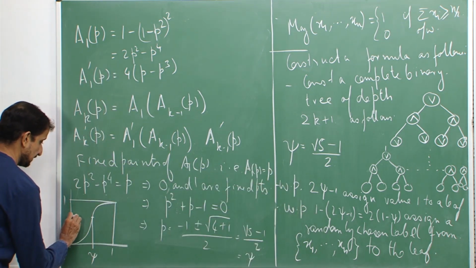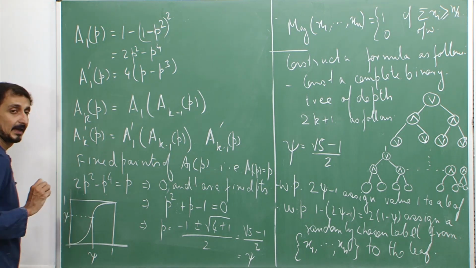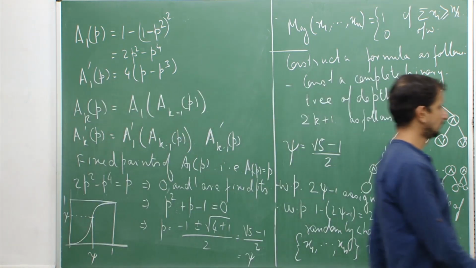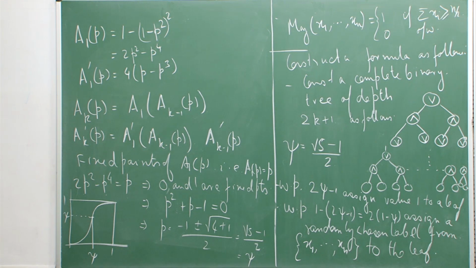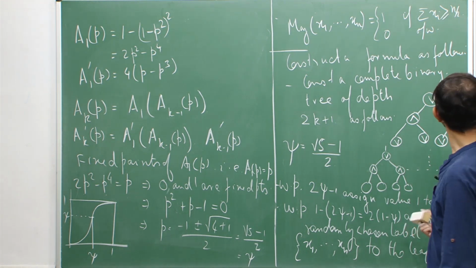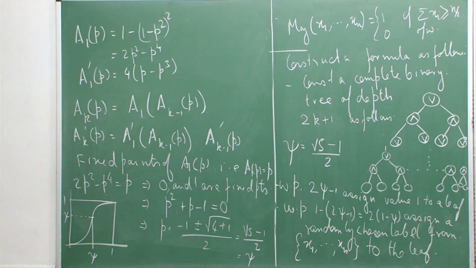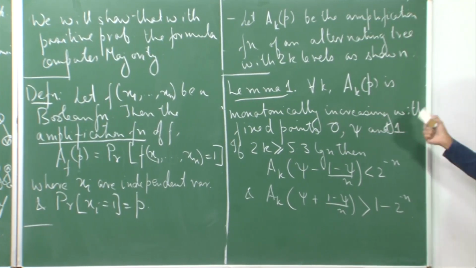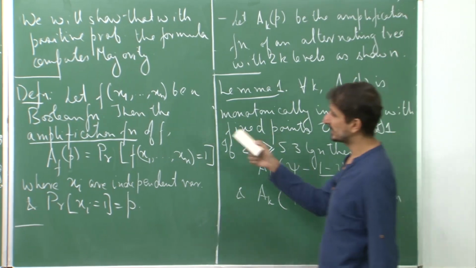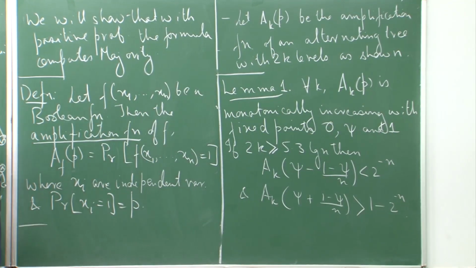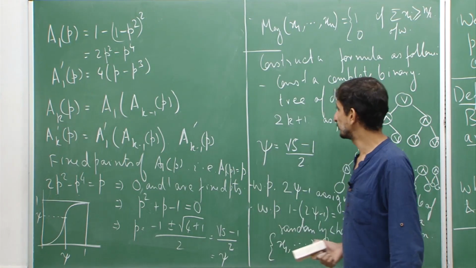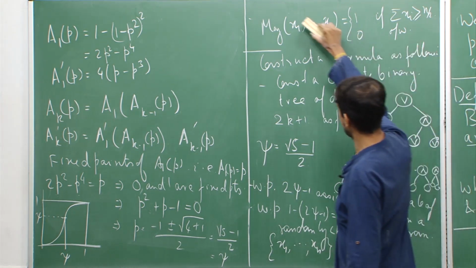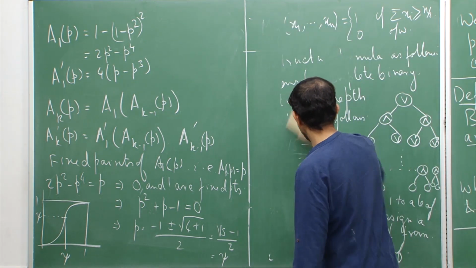We have another fixed point. Okay. So, this shows that these are the fixed points and the function is monotonically increasing as well. So, because A1 is monotonically increasing, all the AKs can be shown to be monotonically increasing as well. Okay. So, now what we have to prove is